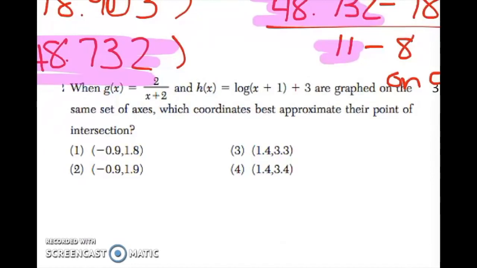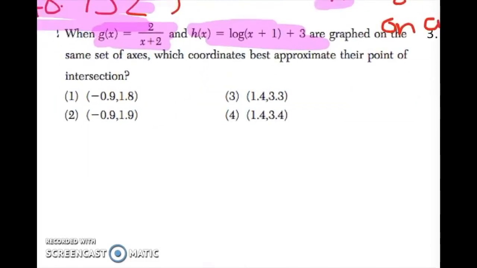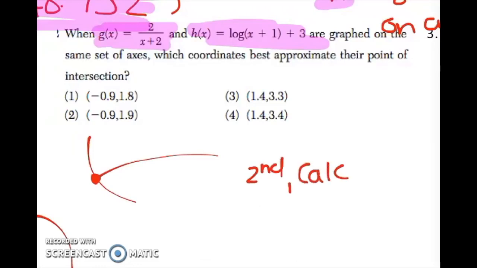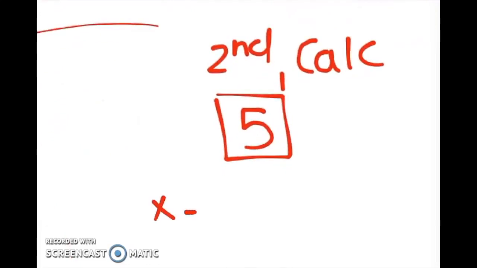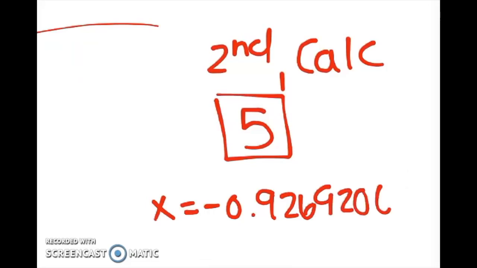I would not leave this to chance. I would not leave it to plug in. I would plug g into y1, h into y2, and you're going to get a graph that looks sort of like this. And we are looking for their point of intersection, which would be right there. So you are going to hit second, calc, and then 5, which is intersect. And when you do that, you get x equals negative 0.9269206 and y equals